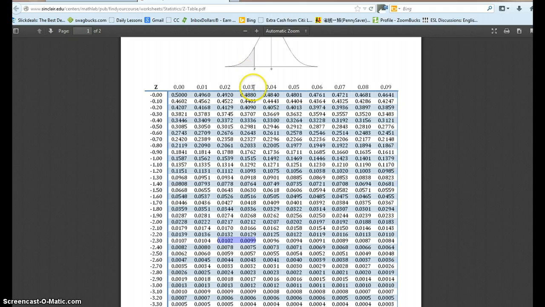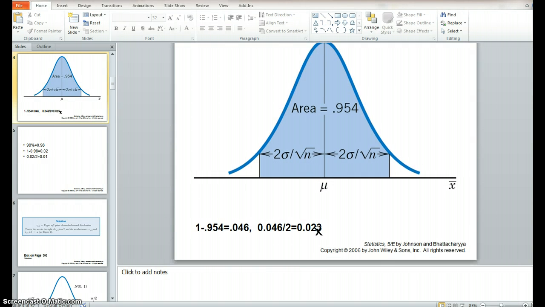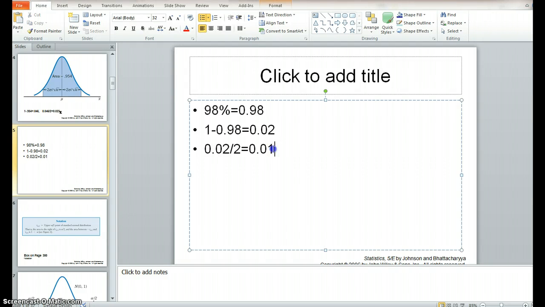If I just take negative 2.3 for the z value, so I found the z value here. Again, this is the area or probability. So the z value is equal to negative 2.33, and usually